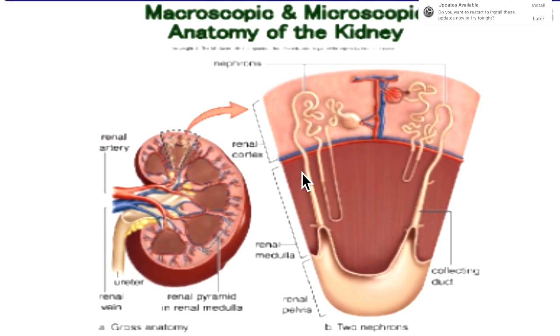Now we'll see the collecting part. This is the collecting tubule, the collecting duct. A number of ducts open into it and ultimately lead to the formation of the duct of Bellini. They open into the minor calyces. This is the renal pyramid, and at its apices it opens into the minor calyces. So this is the microscopic structure of the kidney. Two types of nephrons are there: cortical nephrons and juxtamedullary nephrons.